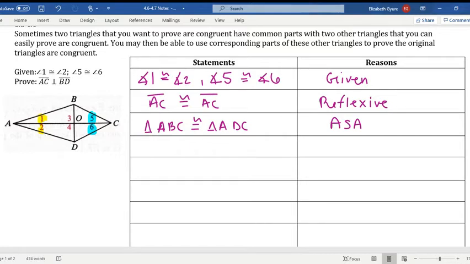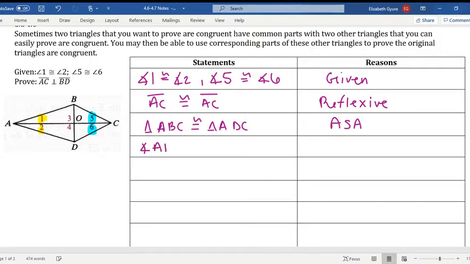All right, now I need to now work on my smaller triangles here, right? We need to show 3 and 4 are congruent. I already have one little aspect of it. 1 is congruent to 2. But what else could I maybe say? What else do I have, Melissa? ABO is congruent to ADO. Oh, so you're thinking along maybe the angle side route. Yeah, we could do that. Sure, let's do that. Angle